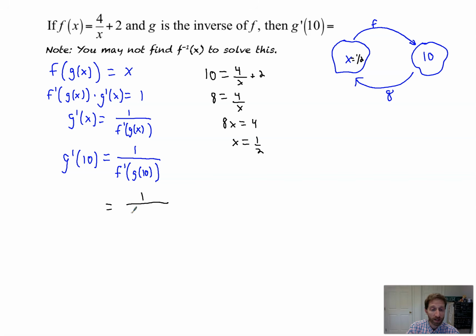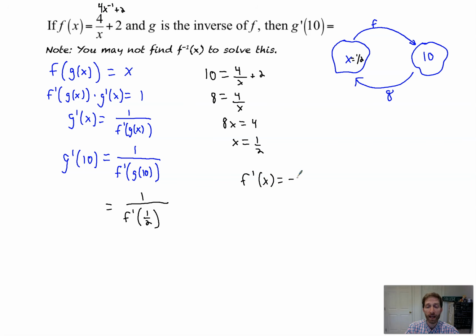Keep following this. Keep unpeeling this onion. It's delicious math onion. All right, so f prime of 1/2 is what we want. So let's do it. Follow the directions. We want the derivative of f, and we're going to plug in 1/2. So f prime, well, that's 4x to the minus 1 plus 2. The derivative of that is not bad. F prime of x is equal to,